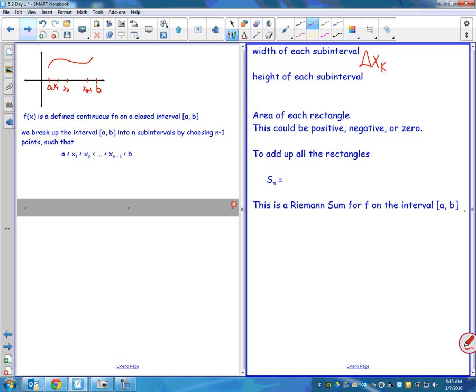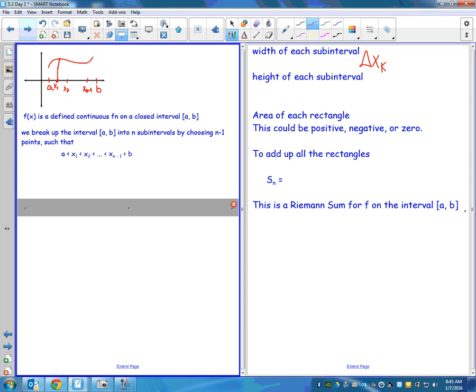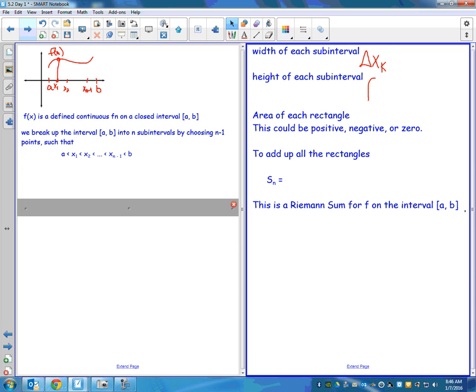Where x sub k is just this, right? Like x sub y can't do x sub 3, right? And then the height's going to be dependent on, one, what the function is, right? So that's what you have to plug into the function to get the height. And then the height's going to depend on what each one of these are, right? At x sub 1, the height would be whatever f of x sub 1 happens to be. And at x sub 7, the height would be at whatever f of x sub 7 would be. So k's are like arbitrary values. So we're going to say that the height is just f of